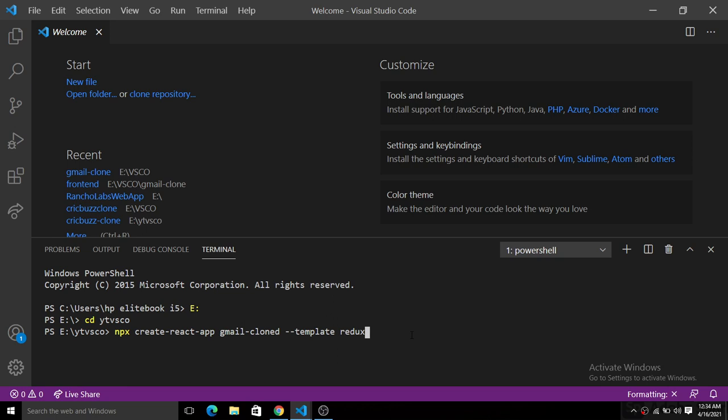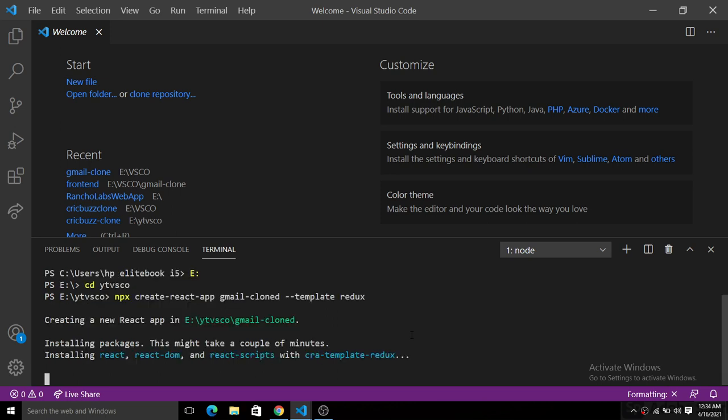Now it will take a couple of minutes to process this, so give it time and it will install everything inside of this application. So this is the first part, and in the second part we will install all the required dependencies that we are going to use in this build.